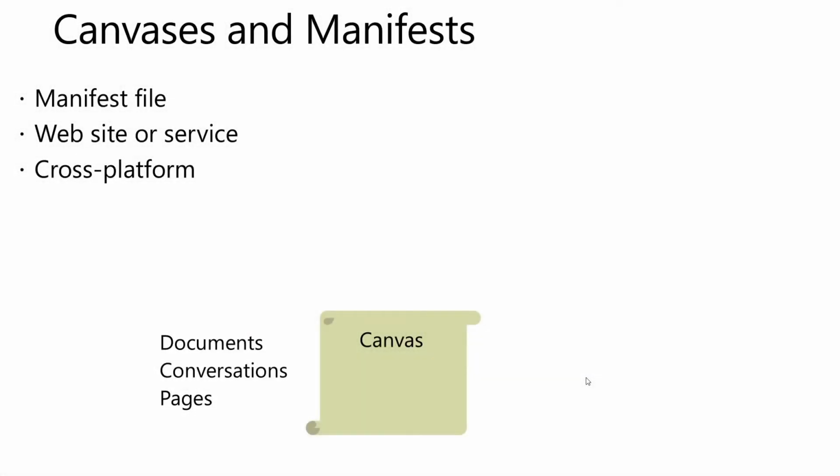So how this all works is we're going to have some kind of canvas, which the documents represent: things like Excel and Word, conversations, things like Teams, Pages, SharePoint. They're all canvases where we're going to surface some content, and the key thing is we have this manifest file. So the manifest file is really the connection between the canvas, the SharePoint page or the Team or Office application,